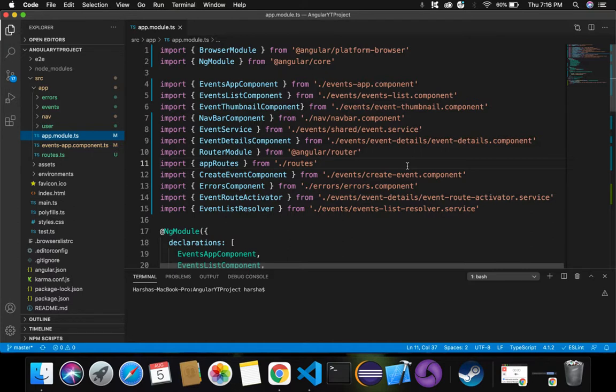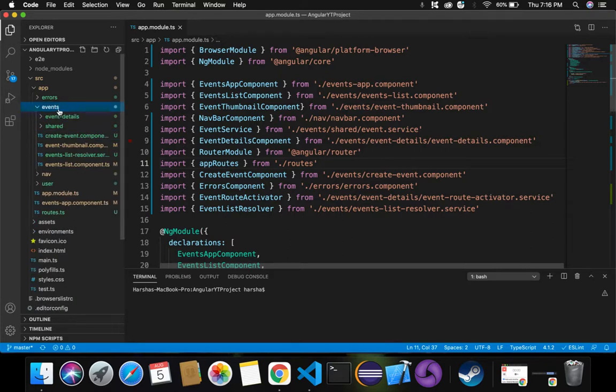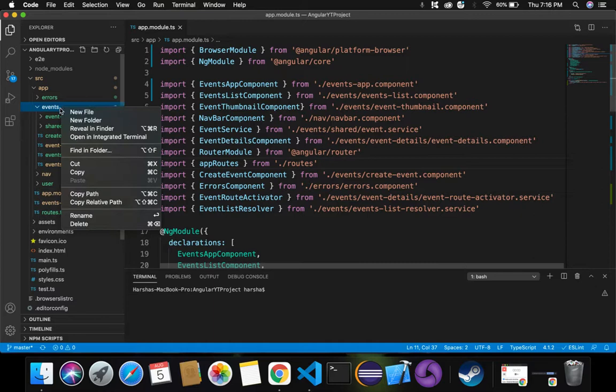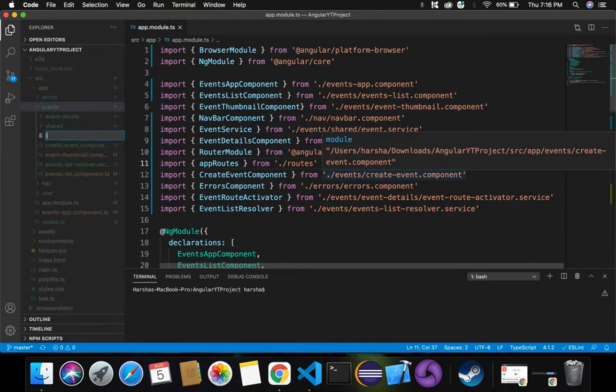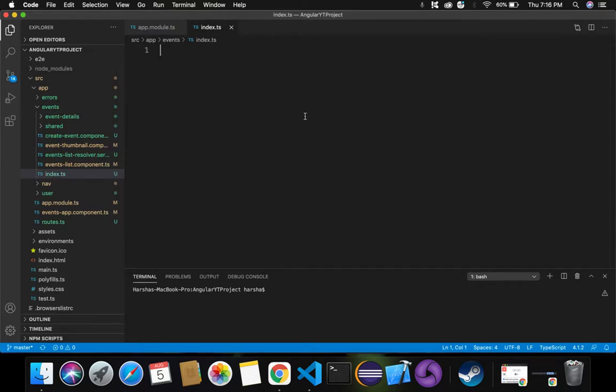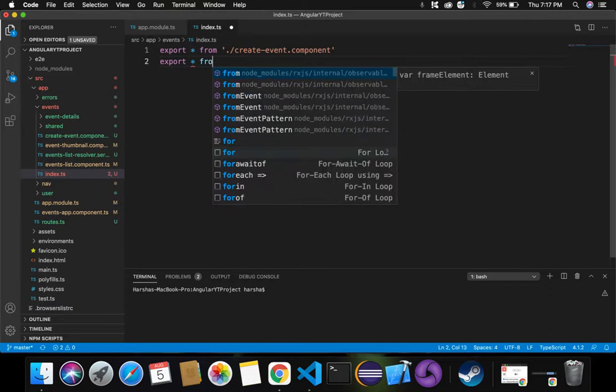Okay, so initially, inside the events folder, let's create a barrel here, that is a new file, index.ts. Inside this index.ts, I'm going to export all the components and services which are inside this events folder. Let's do that by using export star from. What we want to export is ./create-event.component, and we also want to export other components as well, that is from